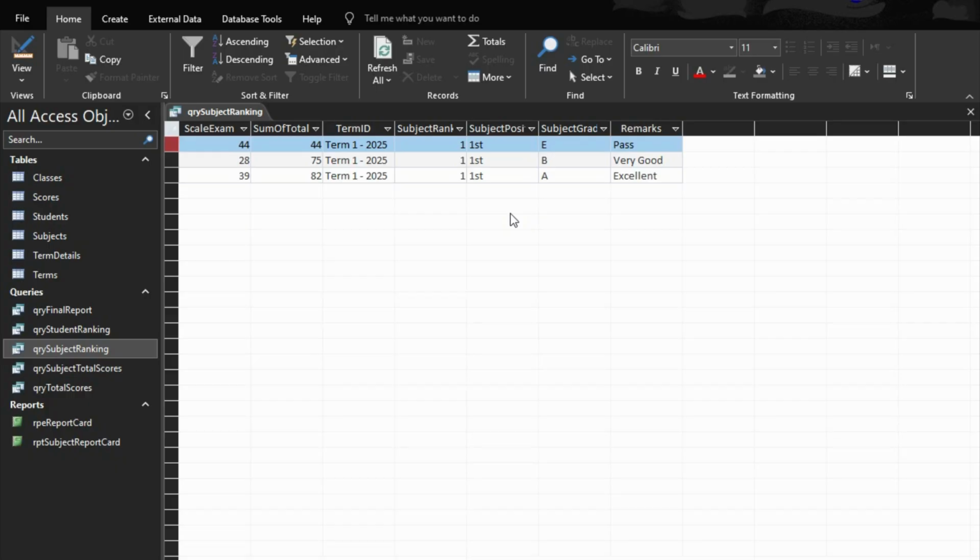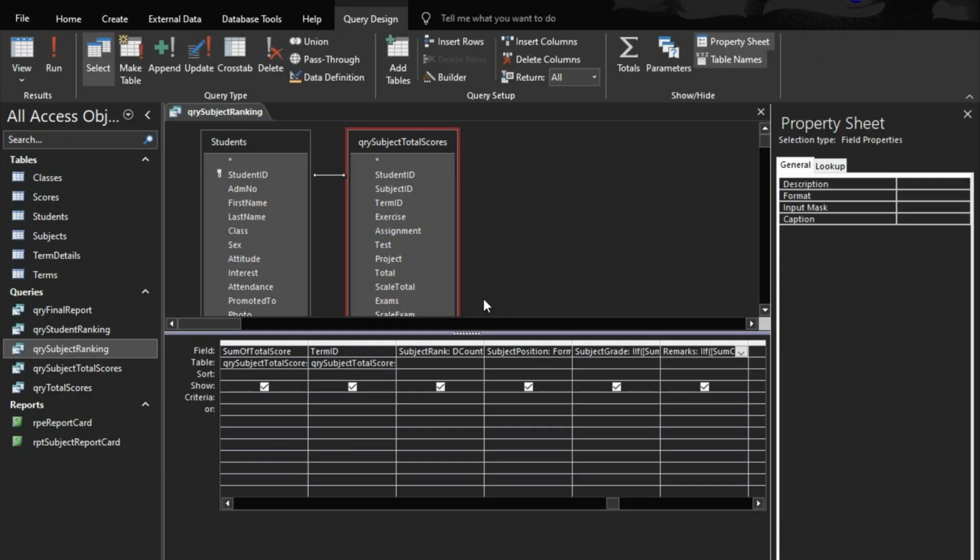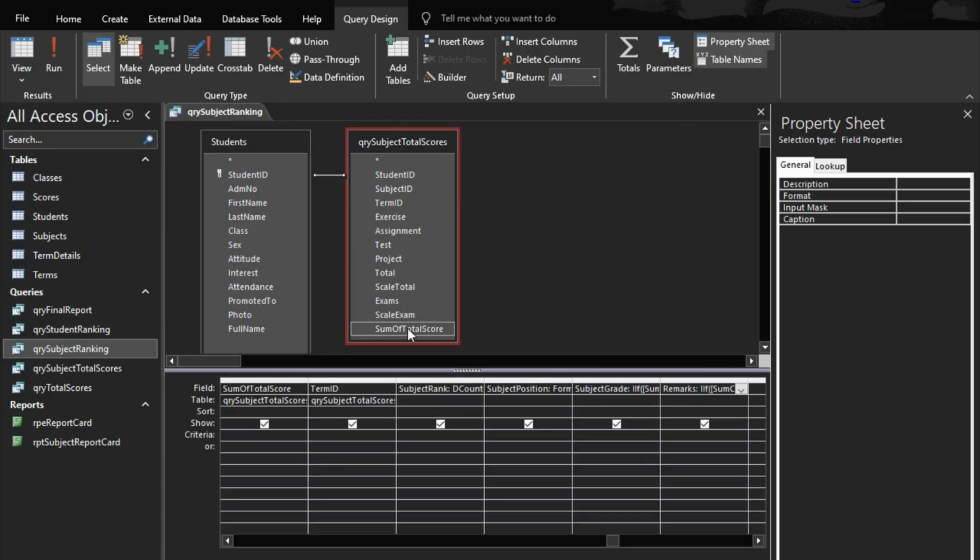But now, if in case we want to arrange it in descending or ascending order, depending, let's go to the design view. We can bring in the sum of total score. Let me bring this one down a bit. Double click here. Then we come down here to the sort field. Select descending, so that the highest score will be first and coming down. Now when we run it,